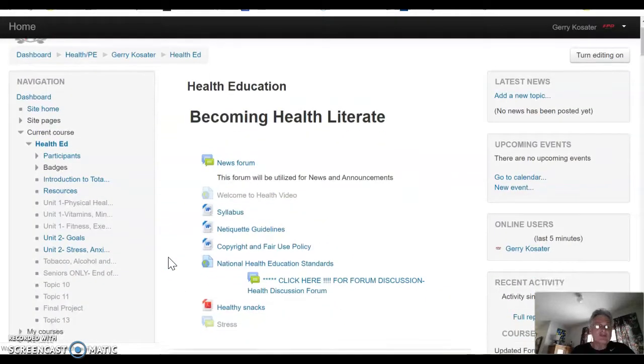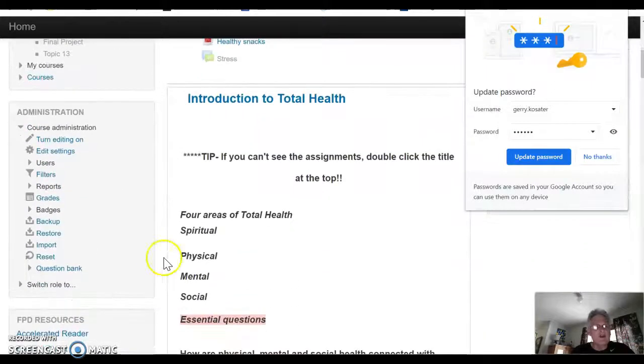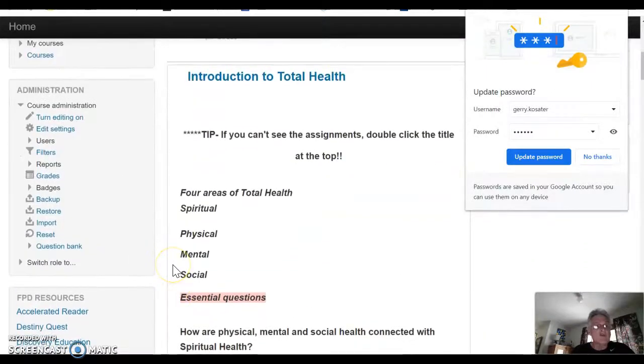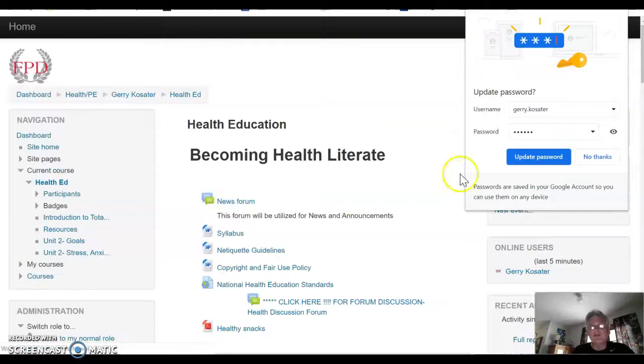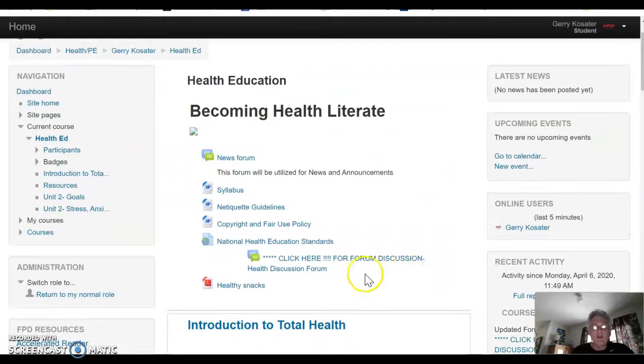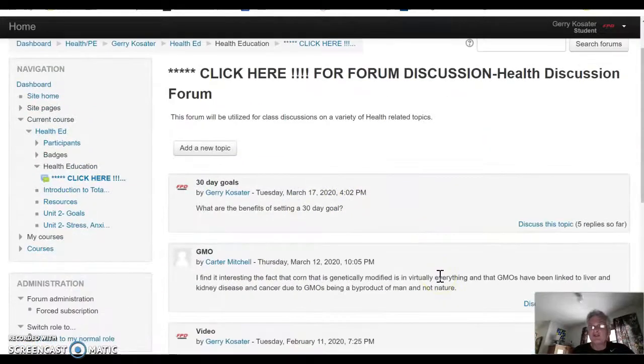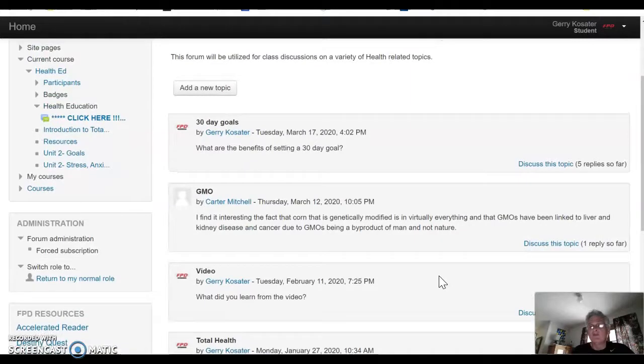And just to make sure everything has done what it's supposed to do, we're going to switch role to Student, which gives us the student view. And if we click on the forum discussion right here, you can see students do have the ability to discuss